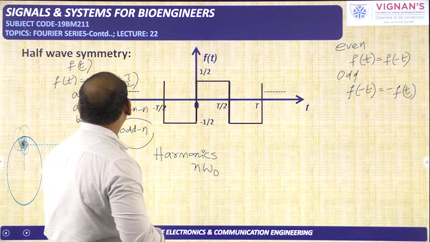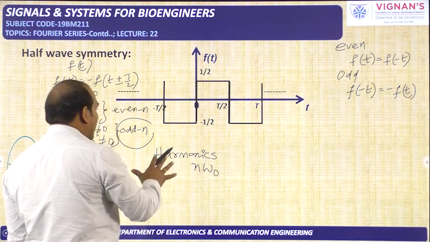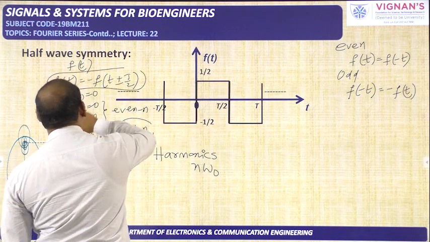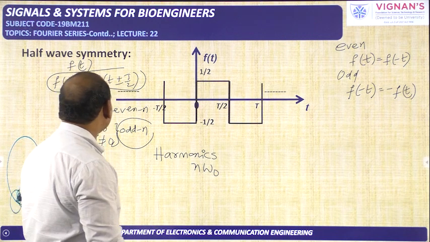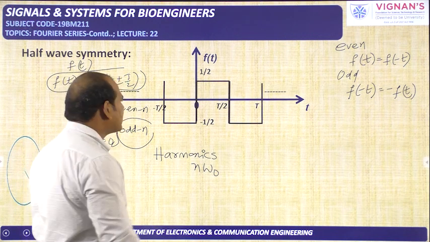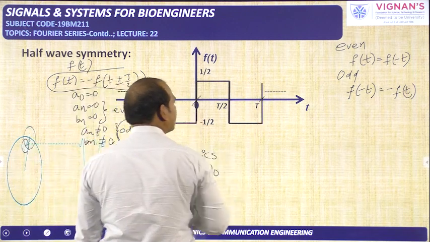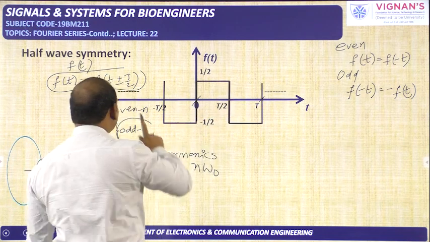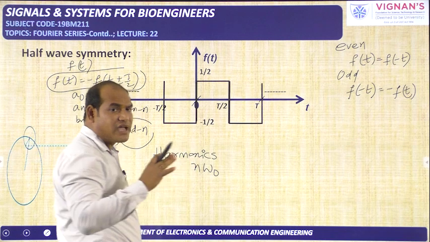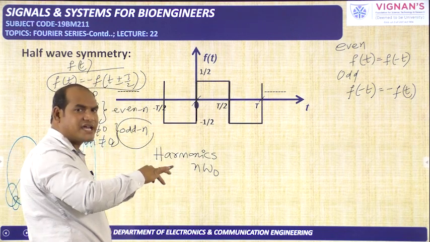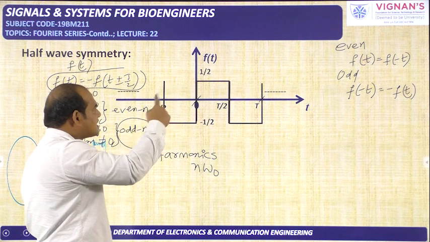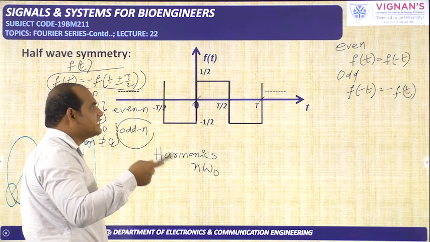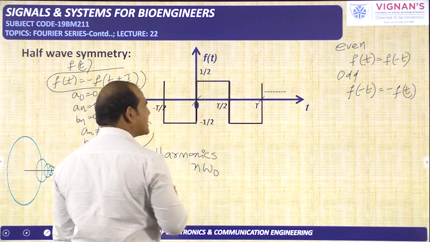Now one problem is given, and we can identify whether the signal has half wave symmetry or not just by observing it, using f of t equal to minus f of t plus or minus T by 2. You need to identify the total time period capital T. Then you need to shift the signal either right or left by half of the time period. Here it is T by 2. Plus or minus is there: minus is for the right side and plus is for the left side. So we need to shift the signal either right or left by half of the time period, that is, capital T by 2 seconds.